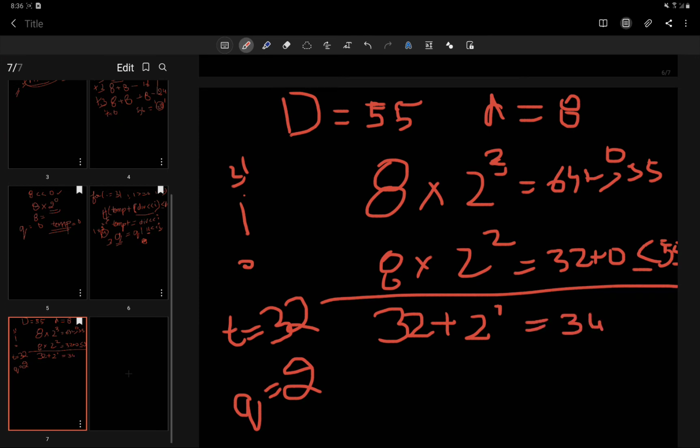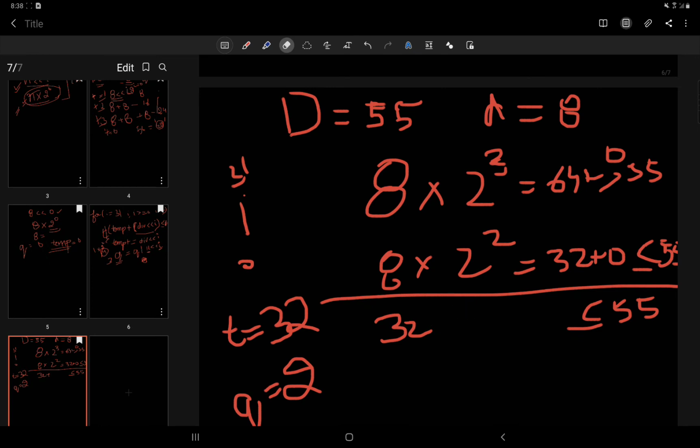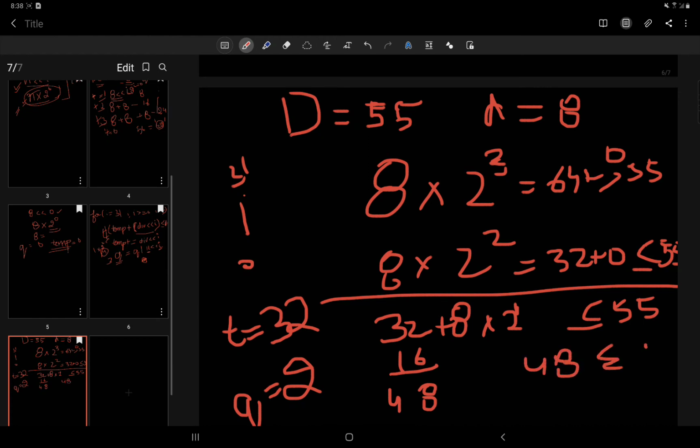Again the condition is true, since 48 is less than 55, so temp will be updated to 48 and we take this value as well. So let's move a little down.